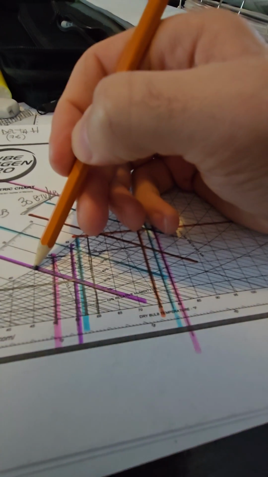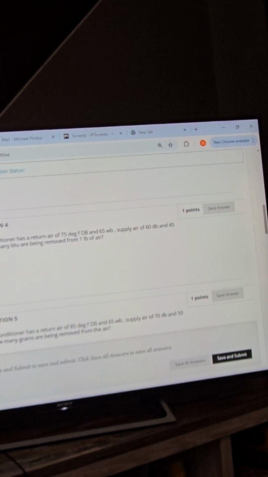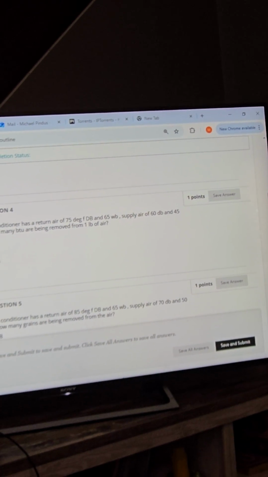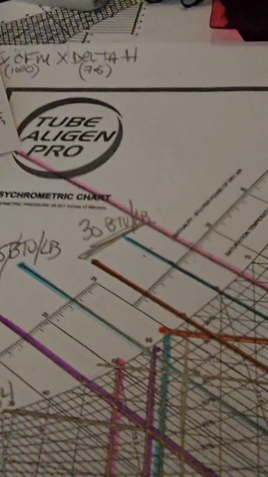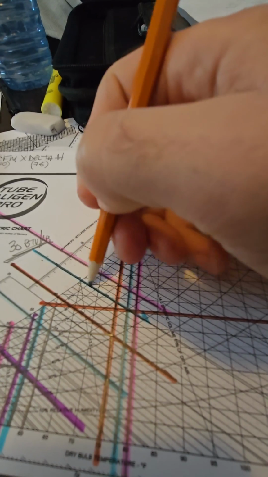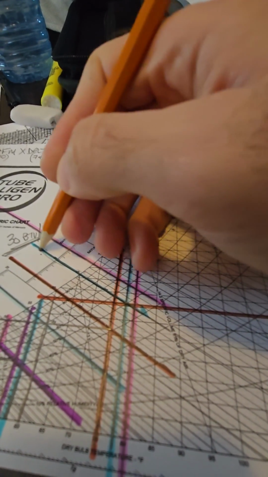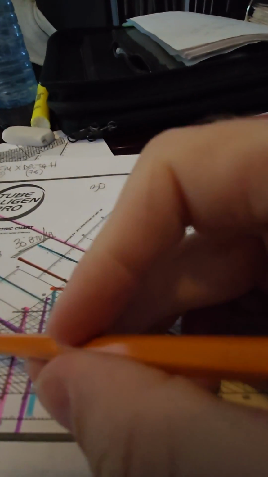You know, I just realized I don't even need to plot this. Really, all you need to know is the wet bulb, because a wet bulb is always a diagonal line. So the wet bulbs are 65 and 45. If you just go to 65 and draw a diagonal line, 30, and then 45, which is right here, draw that out, which is